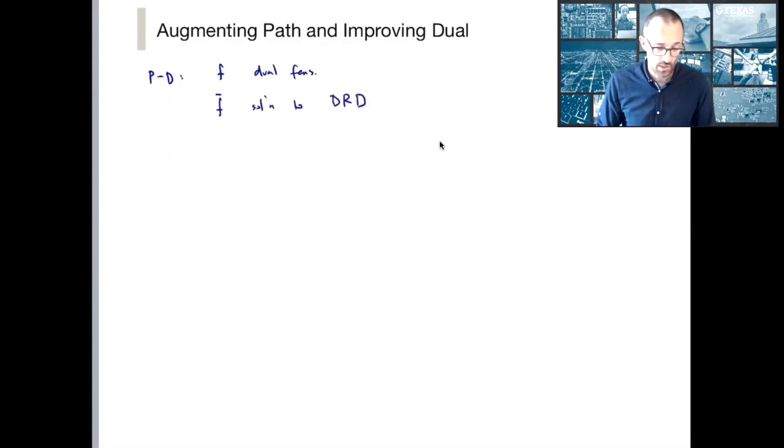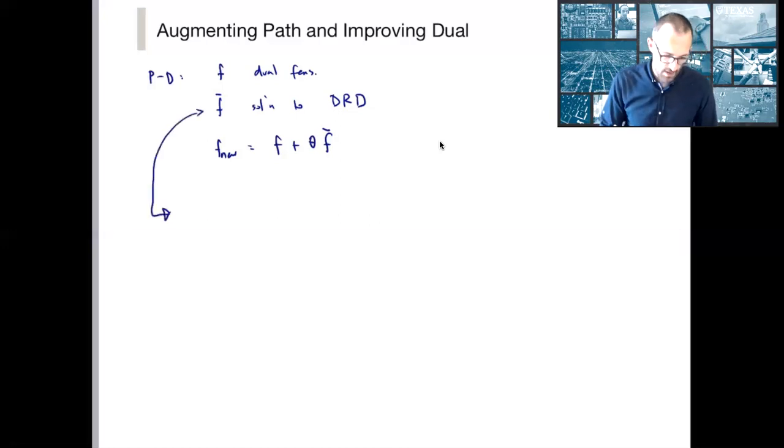And in particular, we saw that this f bar has to be an augmenting path, using as forward edges only things that were unsaturated, backwards edges only those that had strictly positive flow. And then we update the dual by writing f plus theta f bar. So again, just writing this out here, an augmenting path